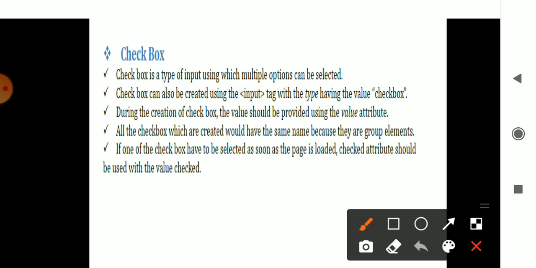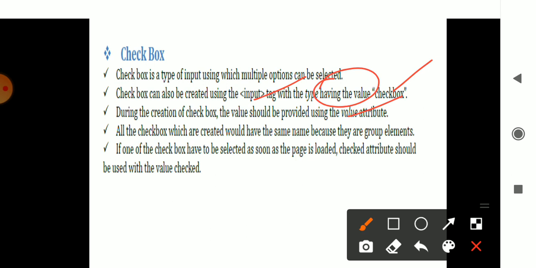So how it is represented: it consists of an input tag using the type checkbox, and it also has a value attribute provided for that particular checkbox. Value is nothing but, I have multiple checkboxes, for example store elements.